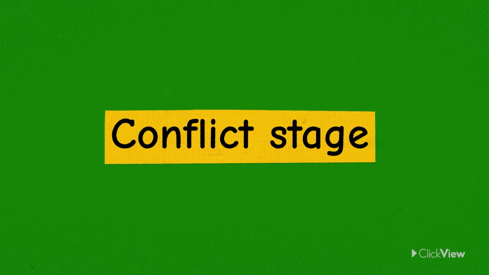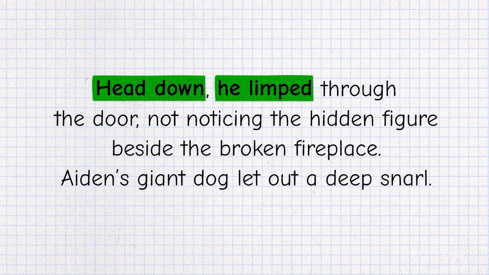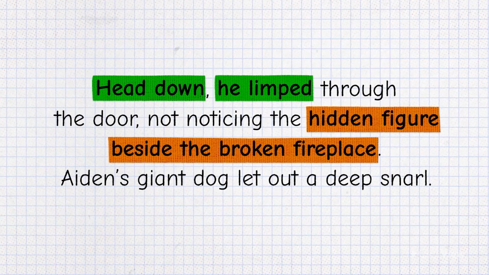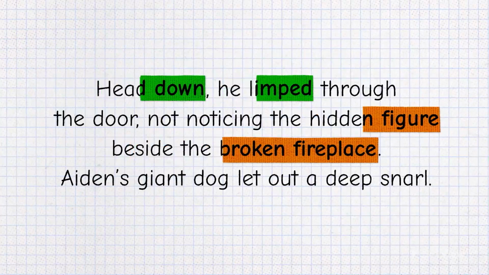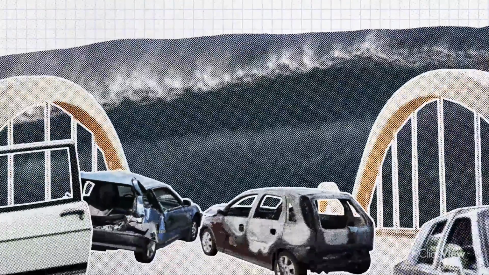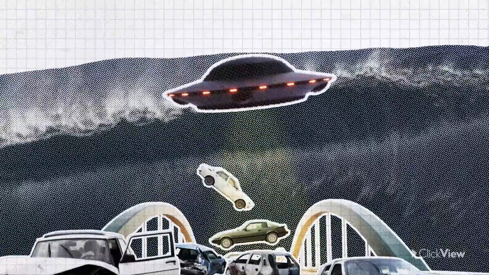Next is the conflict stage. Here, the writer adds something more about the main characters and introduces a problem. I've noticed that the conflict stage can come quite early in a short story or novel. That's correct. Sometimes a writer can even start their narrative with the problem. There's no strict rule, and there can be more than one problem.